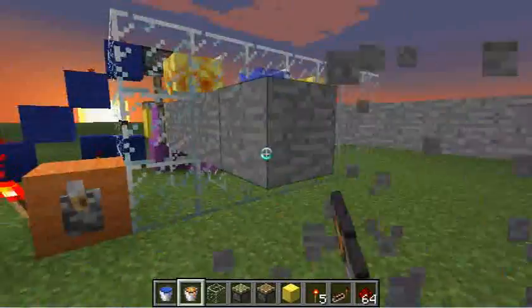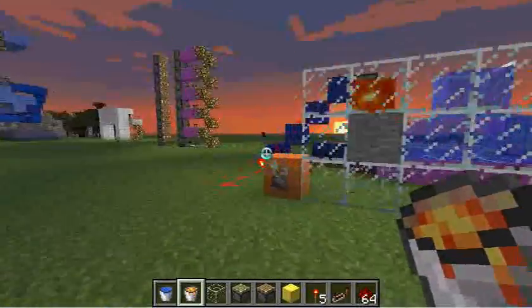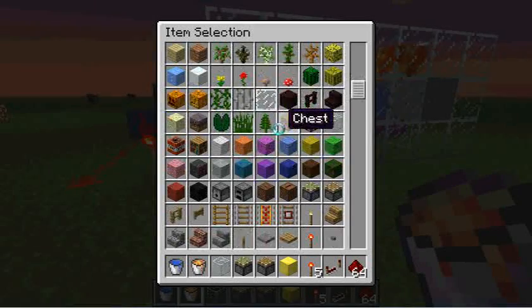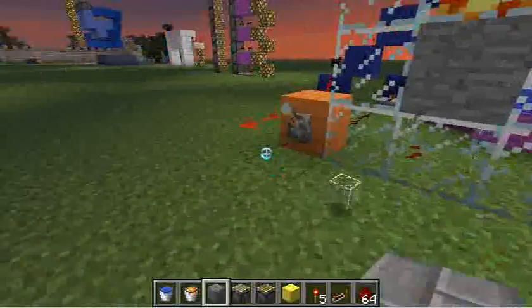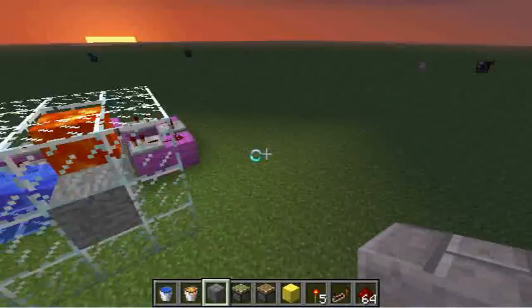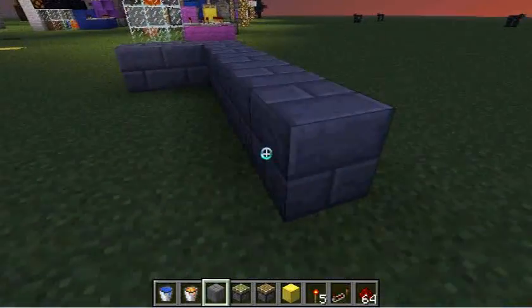So anyway, this is just a new and improved design of it. Let me go ahead and show you real quickly how to build it. It's actually a pretty quick build if you have the materials. I'll go ahead and just build it out of stone this time, though, so it's a little bit nicer looking, I guess. Alright, so basically what you do is you're going to want to make a 3 deep platform, and